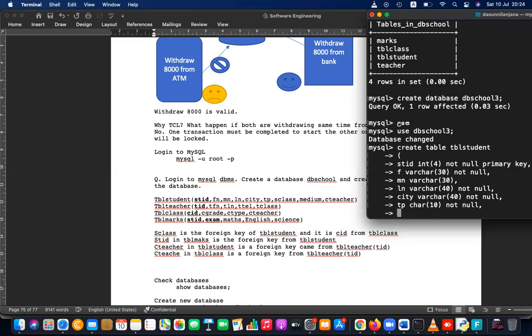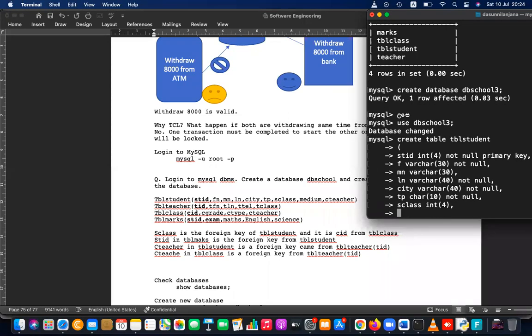Then S class, that is the foreign key, INT4. Medium, VARCHAR 7, English or Sinhala, 7 characters maximum.